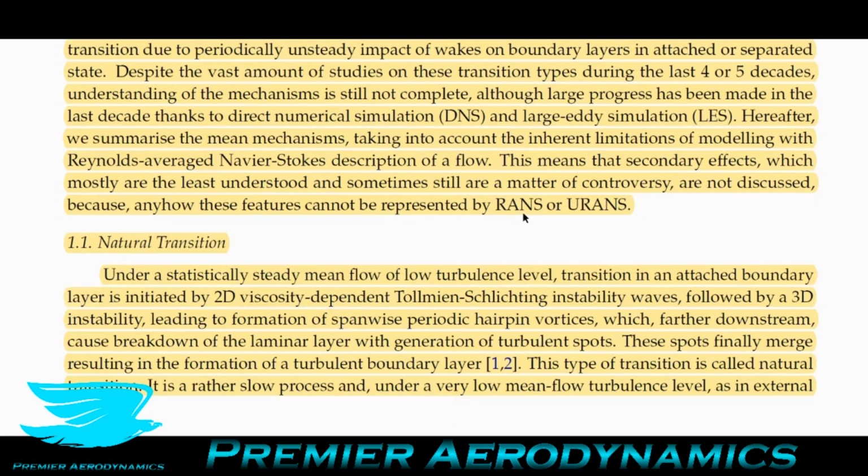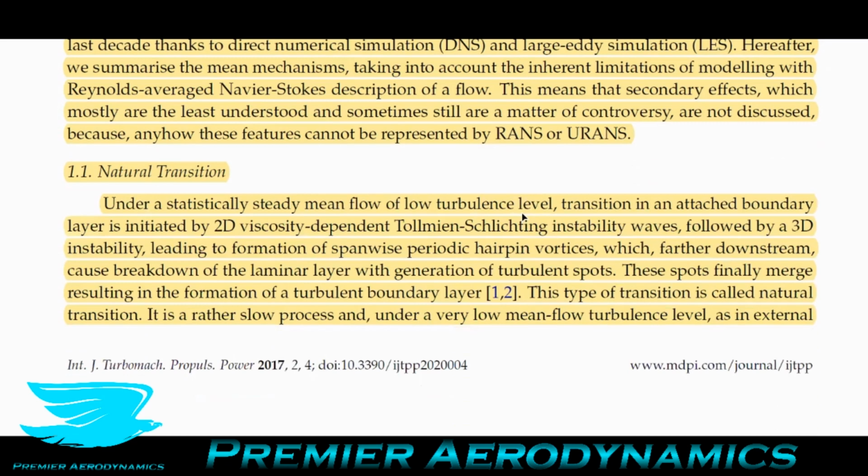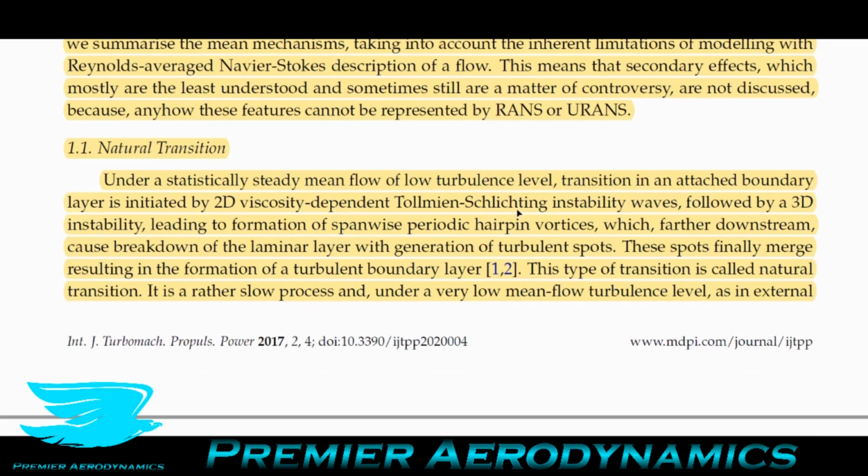So first of all, let's talk about natural transition. Under a statistically steady mean flow of low turbulence level, this means that if you take the entire flow over time, it just averages out to being very steady. There's no changes in the mean velocity. There is obviously a turbulence level, which every flow does have, but in this case, it's a low turbulence level. So how much is a low turbulence level? Generally speaking, this is below about 1%. So if you have around 0.5 or 0.1%, that's classified as a low turbulence level,